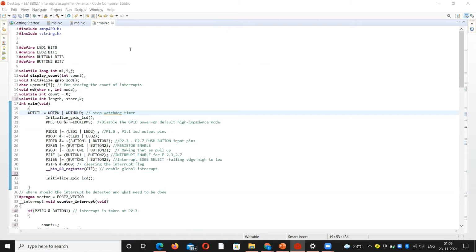In this interrupts assignment, we have two parts. First we are going to do the second part and explain the basic syntaxes and everything, and we will continue with the first part. In the second part, it is given to implement a counter to count the number of times the push button is pressed and display it on LCD using interrupts. So for that,